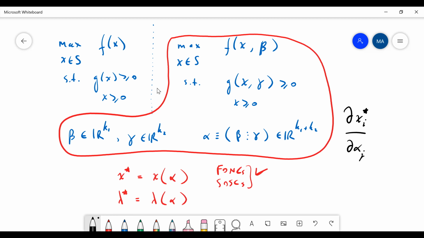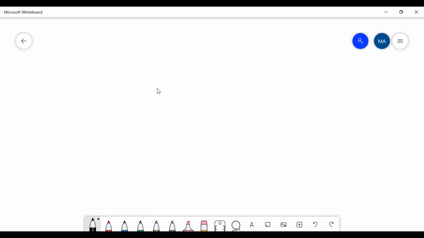So there are different ways of doing that, and it's a kind of methodological issue. Now, if your purpose in developing this problem is to understand that, sometimes you don't have to solve the problem, right? Because we have what we call the implicit function theorem. Now, let me show you very quickly what it means. So suppose that you take the first order conditions, and let's go in reverse. First, suppose that